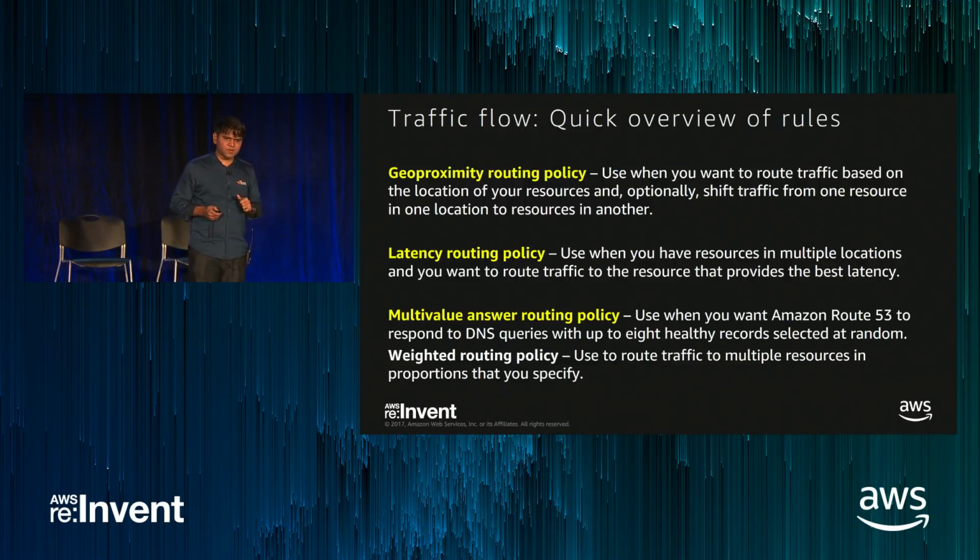The next one is latency-based routing. Latency-based routing allows you to pick a region for a given user based on latency. So say, for example, if you're a streaming service, you could always make sure that people land in a region which is the closest to them latency-wise. And last is the multi-value answer policy, which I will not speak much about for now.